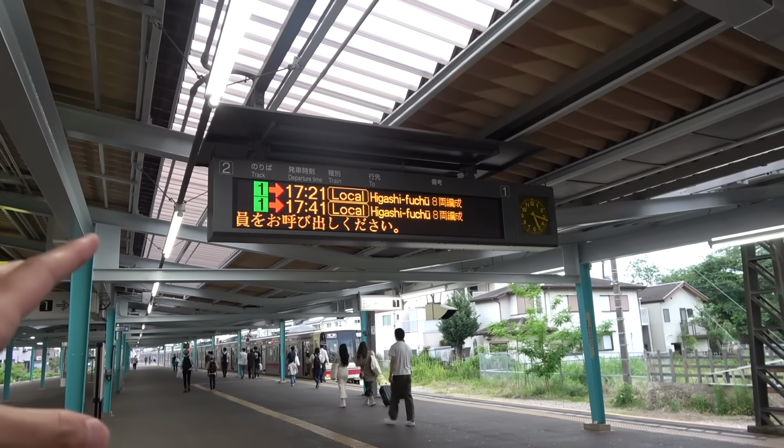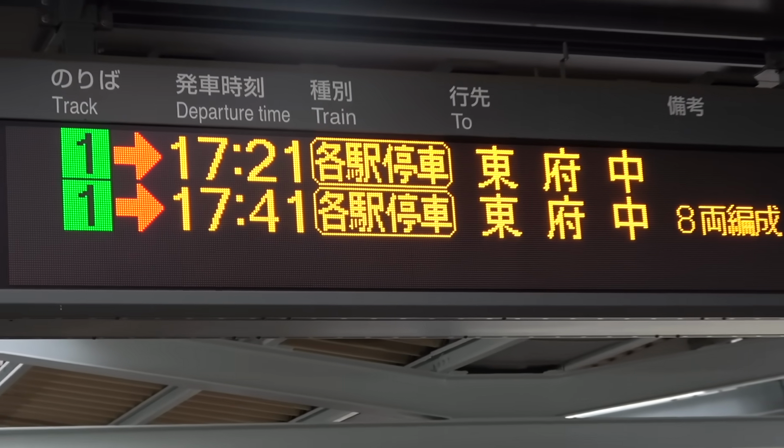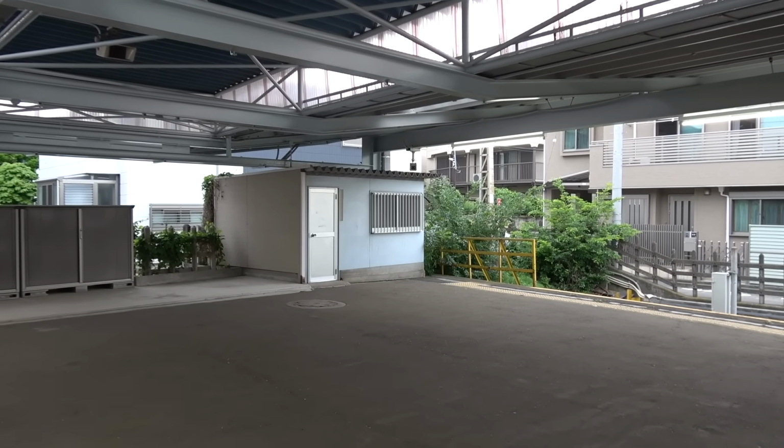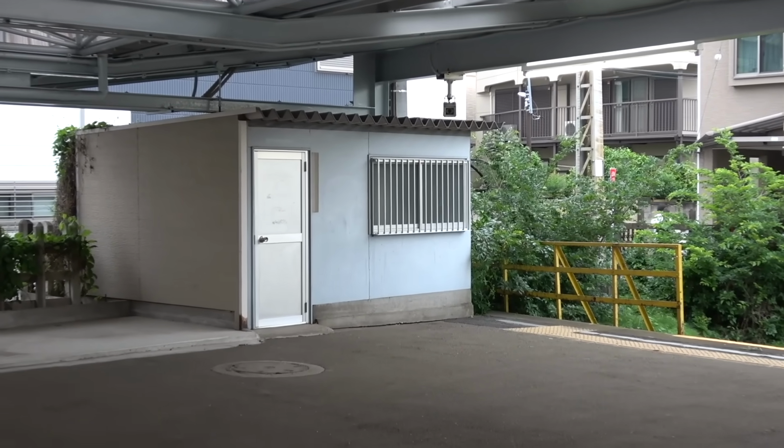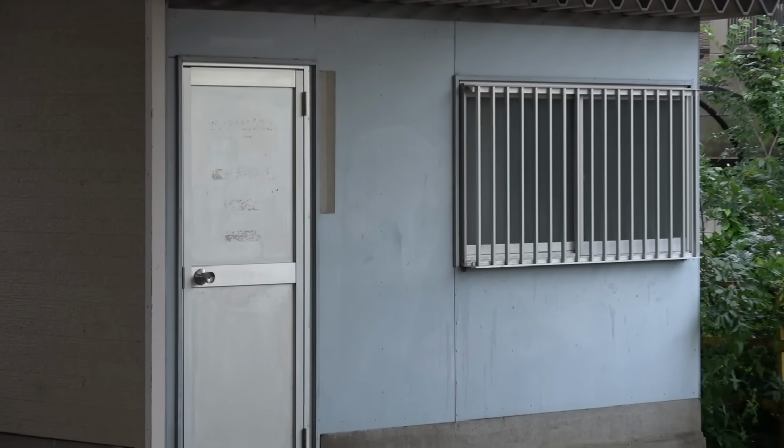As for how frequent the train comes, as of Sunday, it comes once every 20 minutes, it seems like. There's a mysterious building over there. And it says nothing on it. There's no sign, there's no paper, there's no...